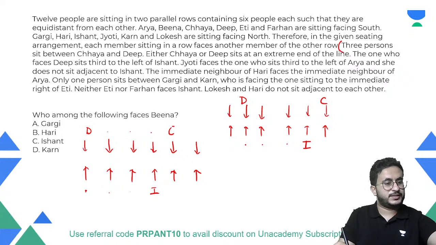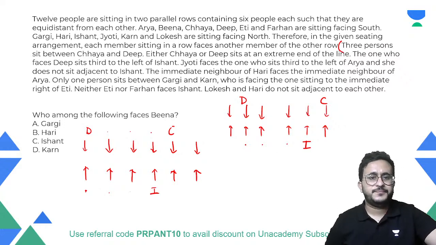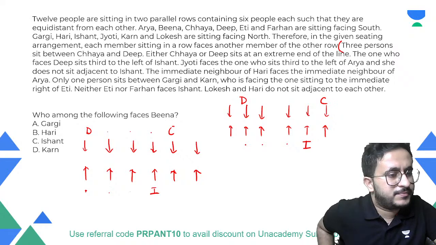Is this case thing clear? Right. The arrangement that we got till here. Is the arrangement clear till here? Then we'll proceed. So let's proceed to the next thing. Then it says that